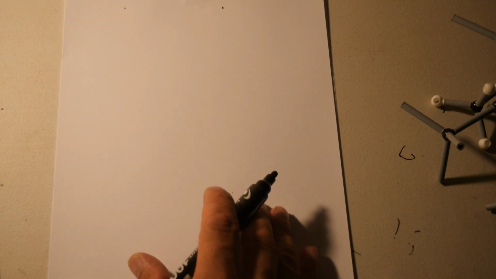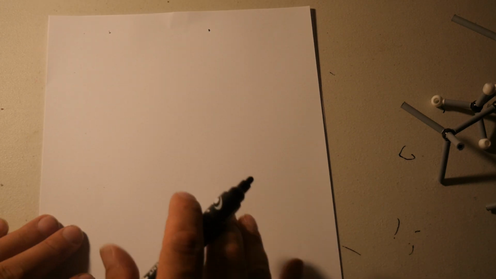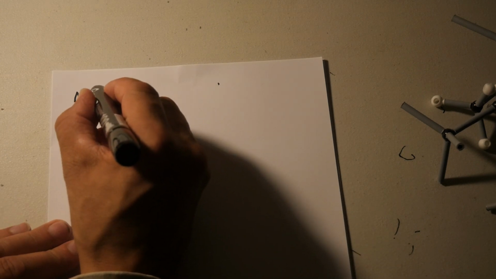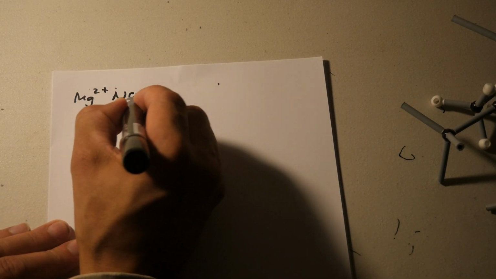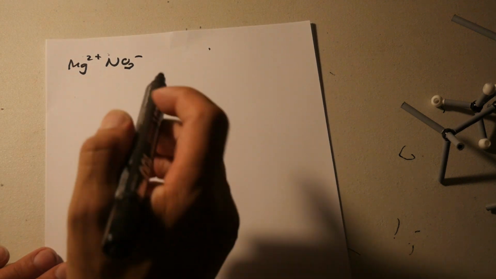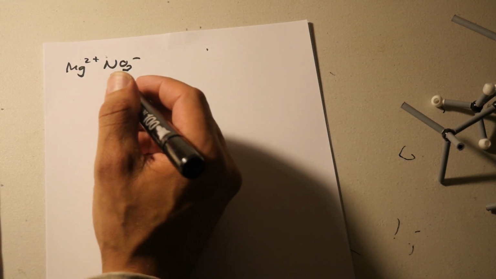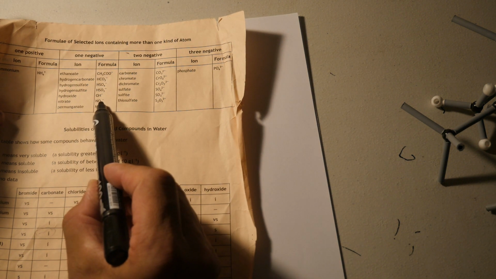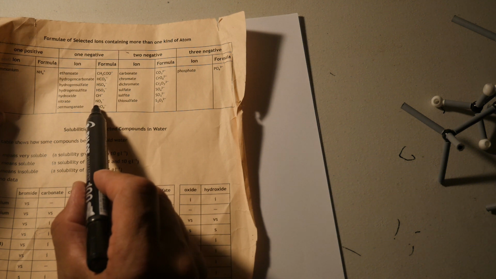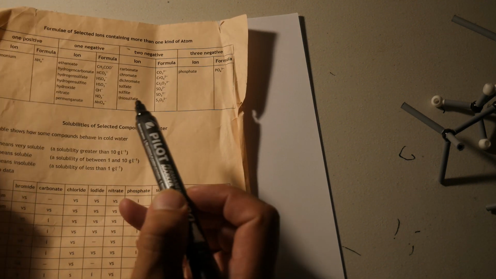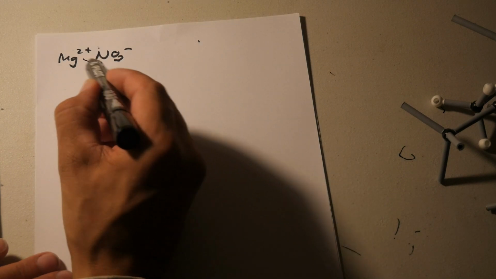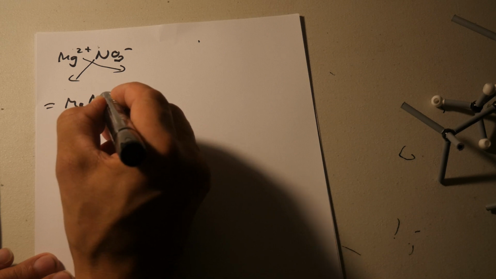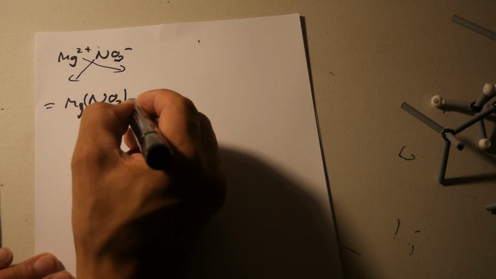And then you got other examples, magnesium 2 plus, NO3 negative, okay? Which I showed you before from the data booklet. Nitrate is -1, nitrate is -1 charge. So you got